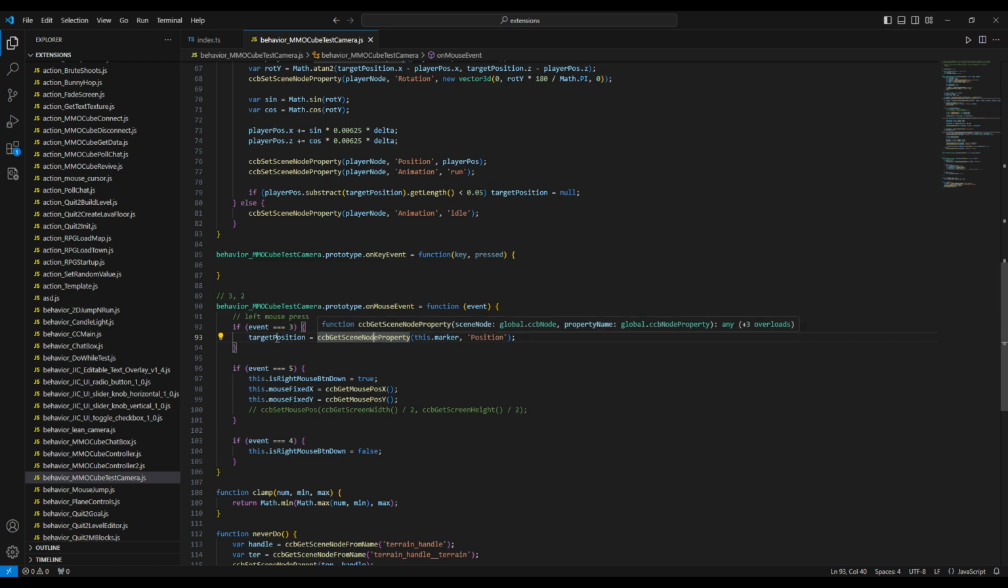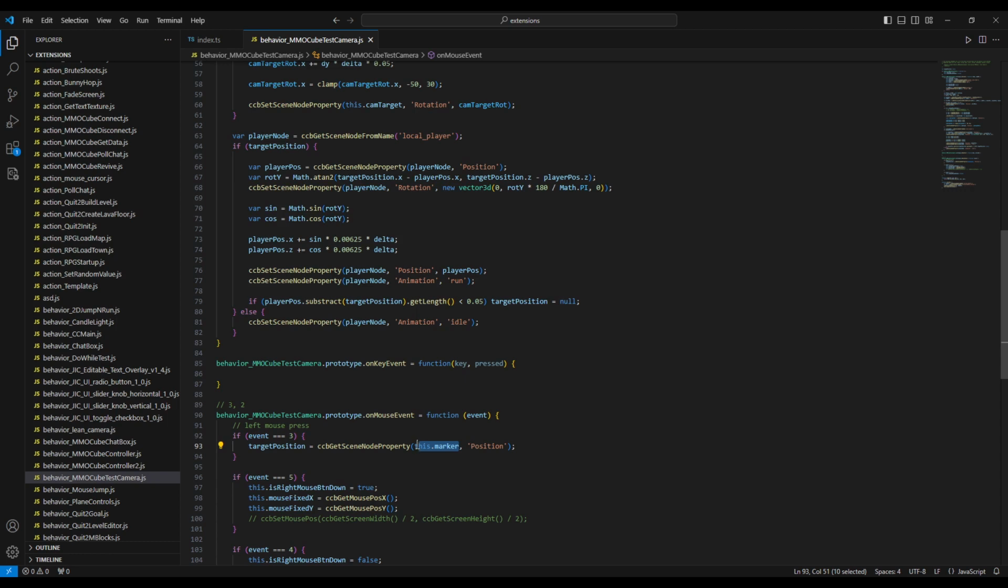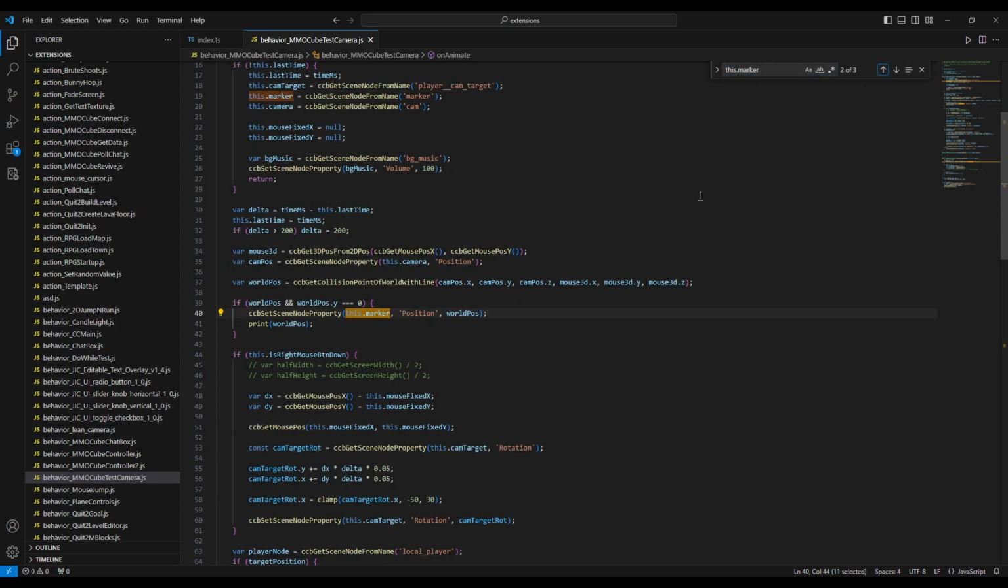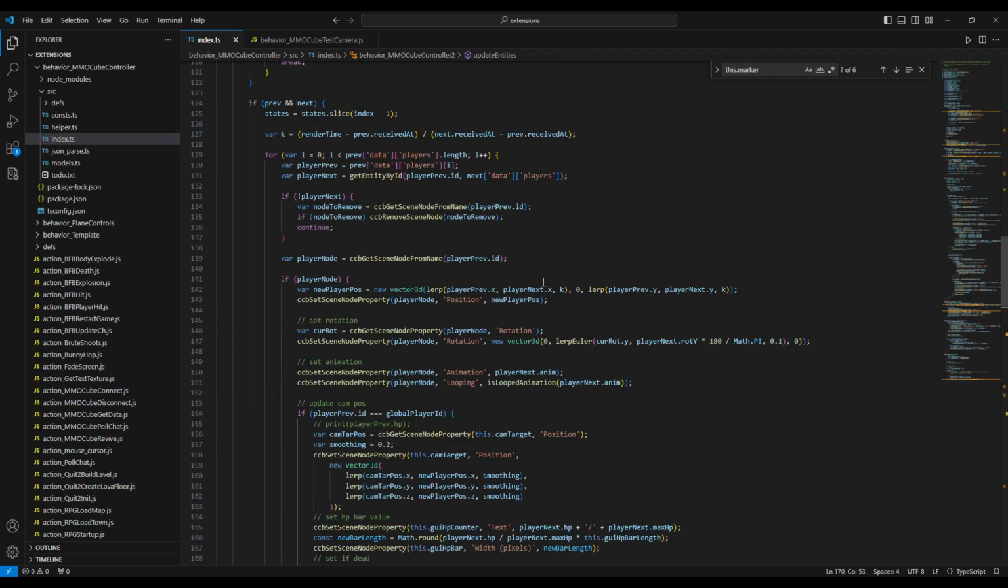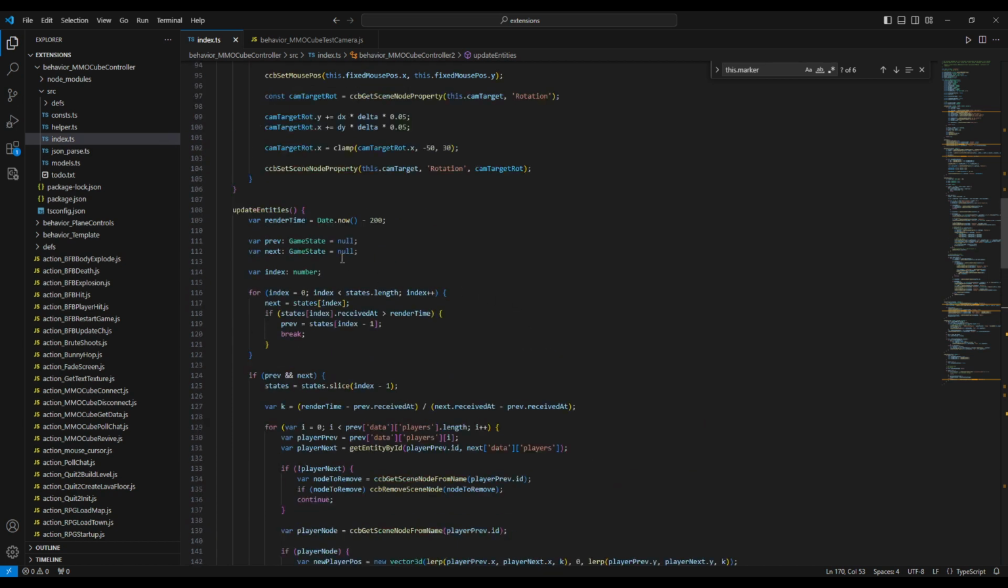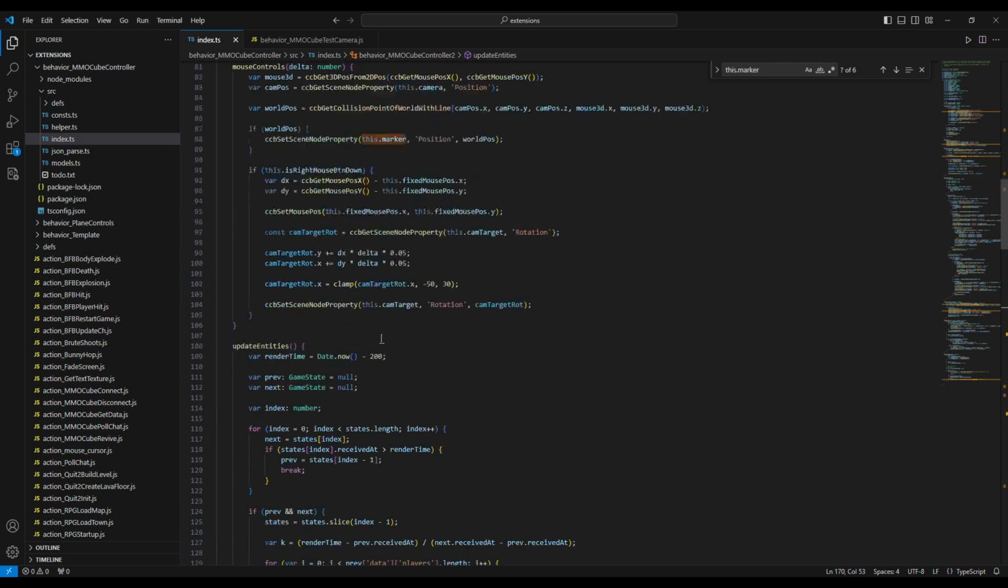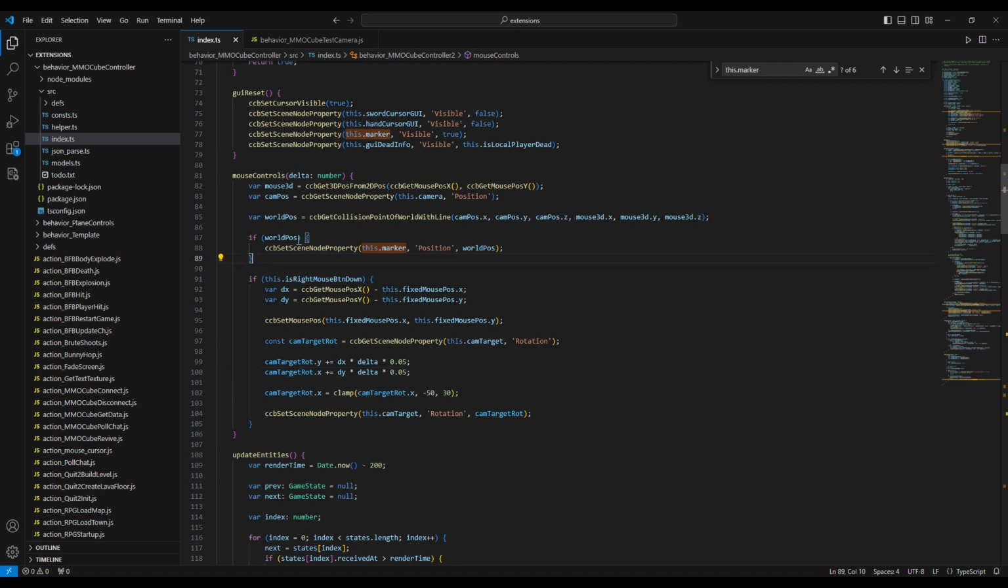If event target position, marker position, where do we have this marker position also? This marker position world. Okay, so if world position and world position y not equals 0, and where do I have it here? So it should be somewhere inside the controls. Do I also have this? Okay, so I have pretty much the same thing here. So if world position and world position y equals to 0,